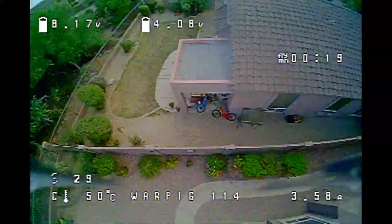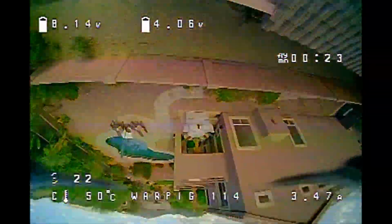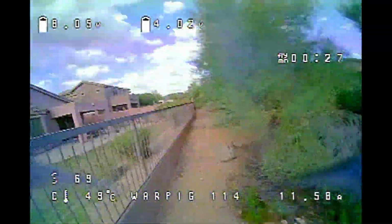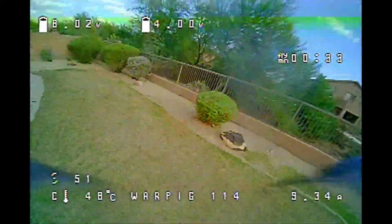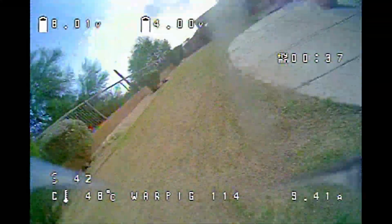I almost didn't buy these motors, but I'm glad I did. These are the Tmotor 1104. I think they're 7,500 kV, at least that's what they're calling themselves. They're flying somewhere up there like 7,800, maybe 8,000 or so. And I've got this with the